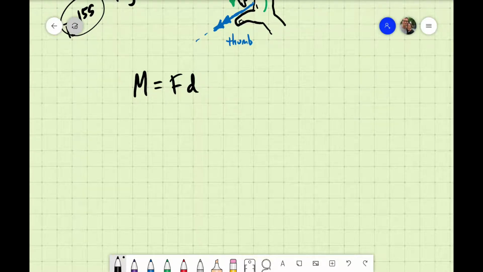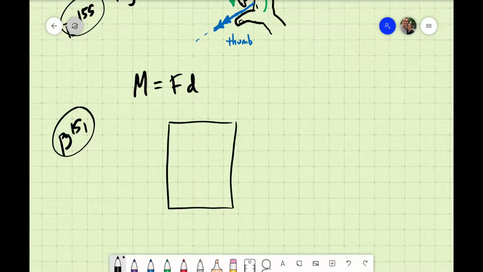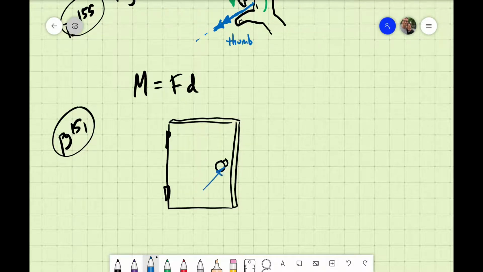Is it something else? So the picture on page 151 with the door is simple, brilliant, makes a ton of sense. I'll re-sketch it here, slightly more simple. It's a door with hinges. Well, he didn't do the doorknob, did he? I'll do the doorknob. There you go. And what we're saying is that if you come up to this door and you push with a particular force, vector F,